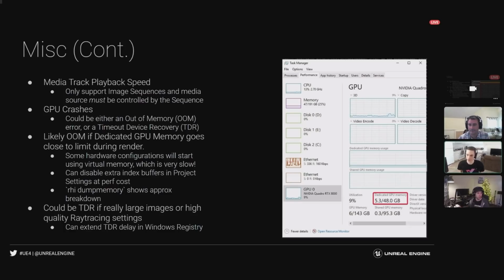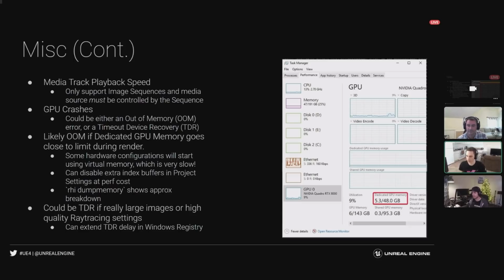If you're getting GPU crashes, these are unfortunately a little hard to debug, as they can be different types of crashes, and also you can get weird error messages because handling this stuff is very hard. Often it's either an out-of-memory crash or you're getting a TDR event from Windows. TDR is that your graphics card took too long to execute something, and Windows thinks the driver has crashed, so it shuts down the graphics card driver for you and it reboots it. This is great when it does actually crash because it keeps your computer from blue screening. The downside of this is that it crashes the engine and you are left with no render.